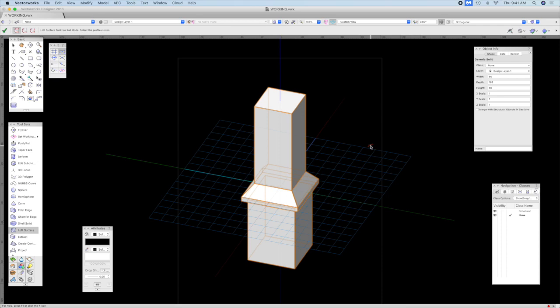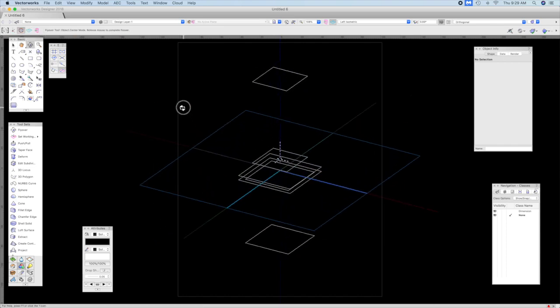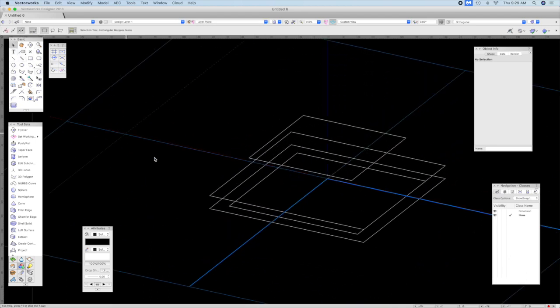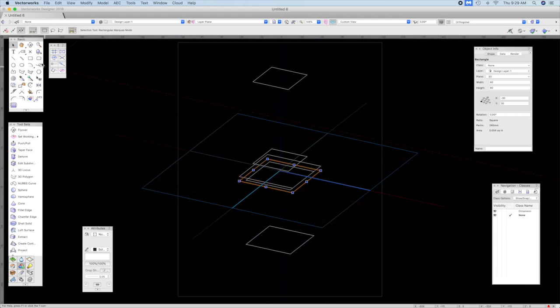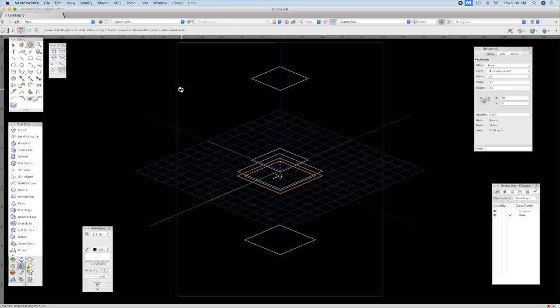Three quick methods to make this column. This column is represented by 6 planar objects, 2 of which are in the same plane. The simplest and easiest method, perhaps, is just to go to a top view,